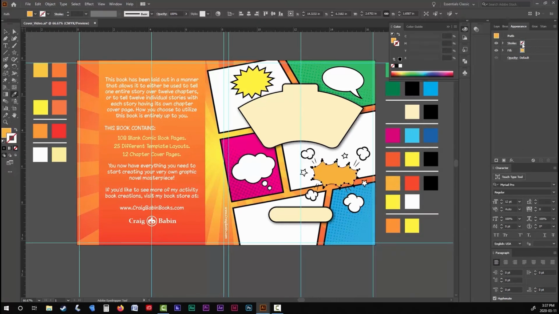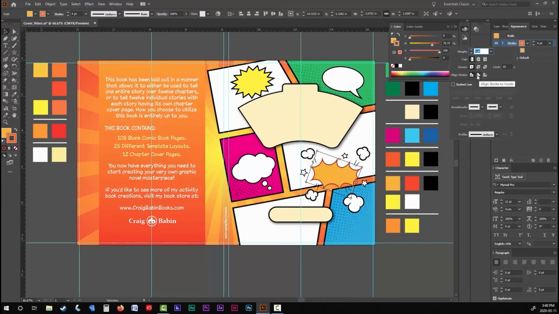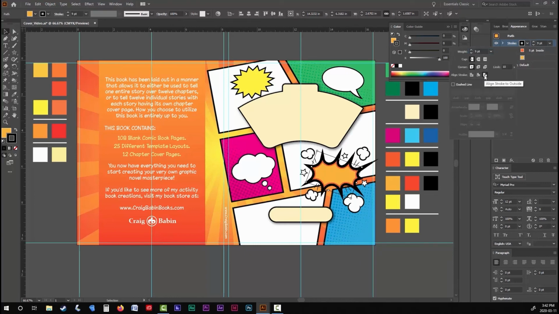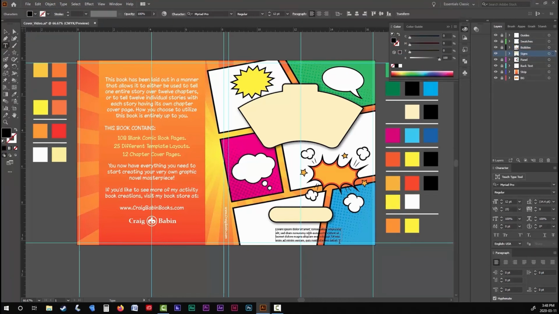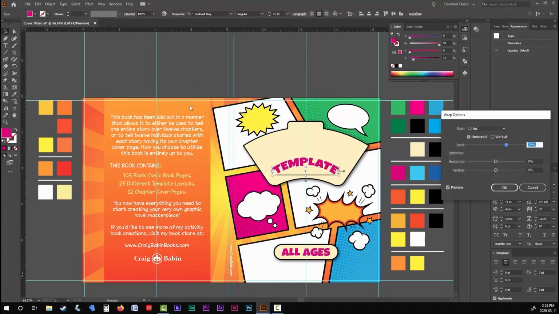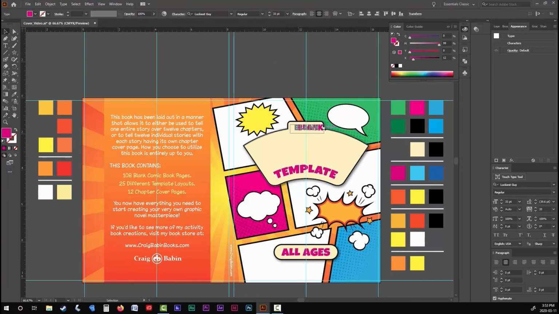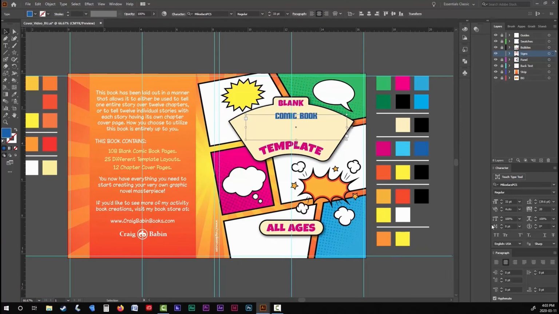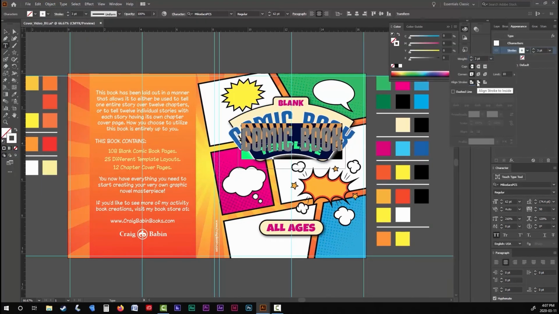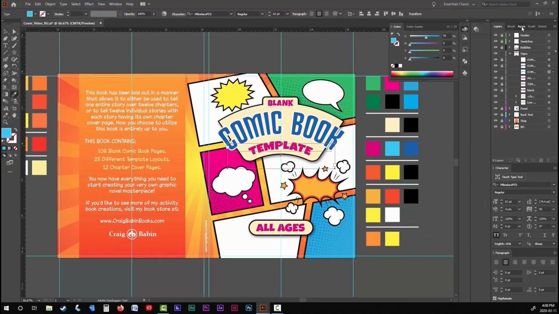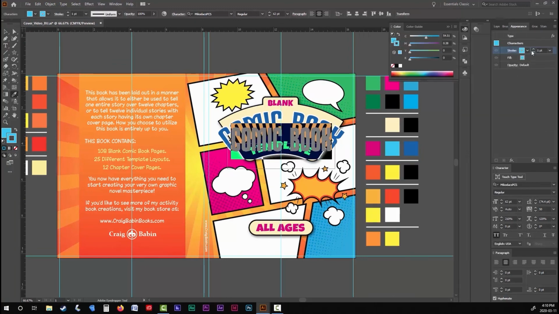So if you actually want to sell your blank comic book, then you need to make sure that your book's cover and interior stand out from all the others as much as possible. When you're choosing a color palette for your blank comic book cover, try to use colors that are complementary and that work well together. For your most important text, try utilizing multiple strokes around your font face. It'll just make those words pop a little bit more.